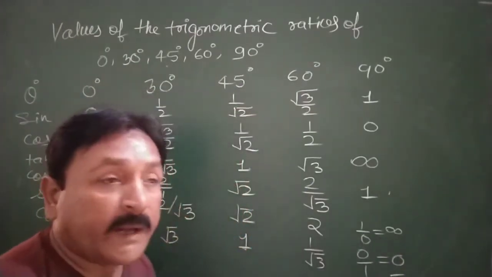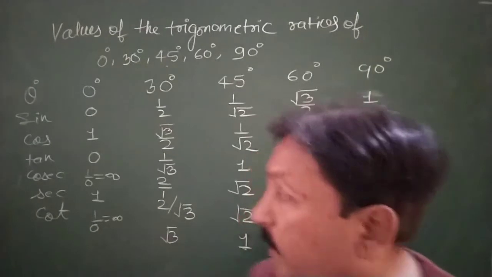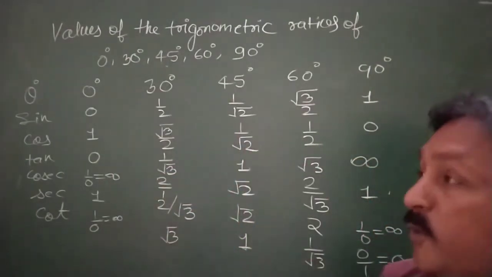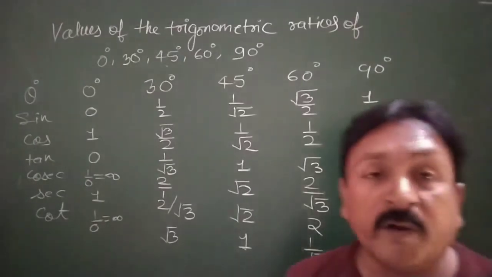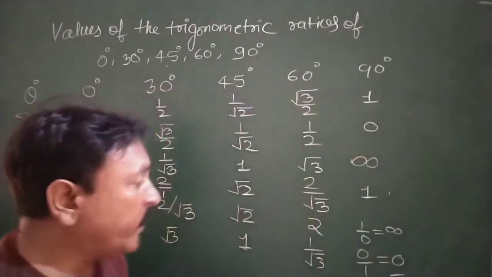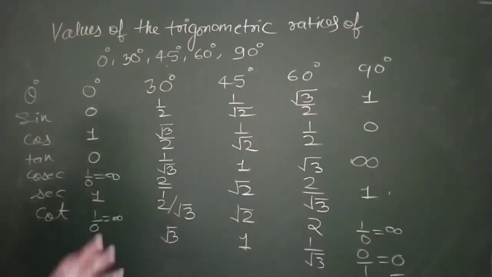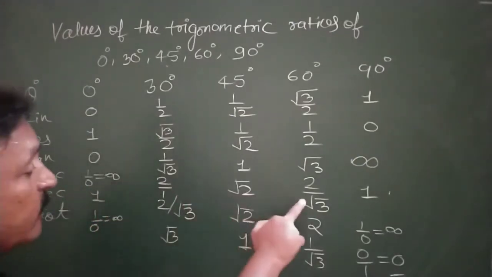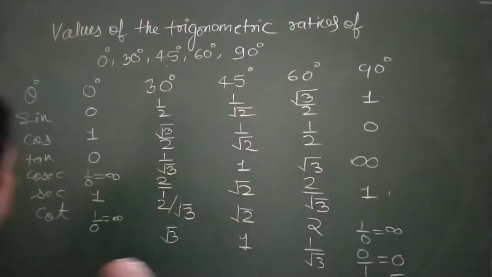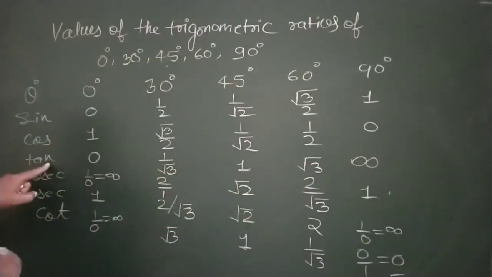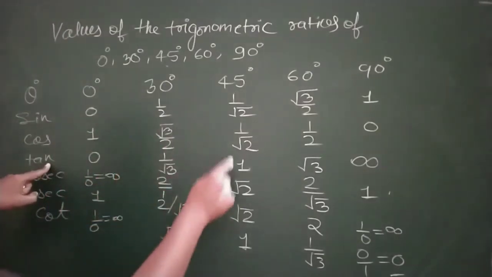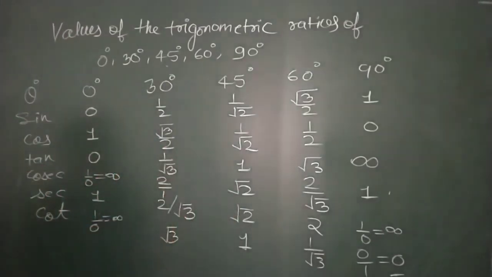Okay. So, I have made this table and you have to practice making this table. Second, you have to learn the values, so that we will be able to do exercise 8.2 in a proper way. I have also explained how to read this table. If anyone asks you the value of cosec 60 degree, just see the line: 2 upon root 3. If anyone asks you the value of tan 45, see it is for 0, for 30, for 45. Yes, so tan 45 value is 1.